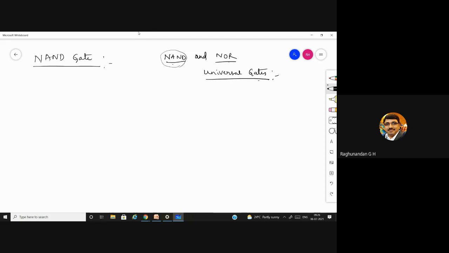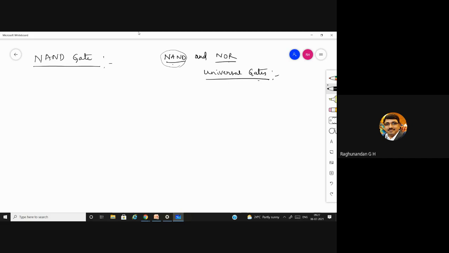Just like O positive blood, they are universal donor. They can give it to anyone. But for them, they have to be there. Same way here, by using a single basic gate, you cannot give the NAND gate or NOR gate. You need to have some combination of basic gates. Then only you can write NAND and NOR gates. But by using NAND or NOR gate, you can replace any other gates. You don't need AND gate, OR gate, NOT gate, anything. The NAND and NOR are sufficient to replace any other gates.